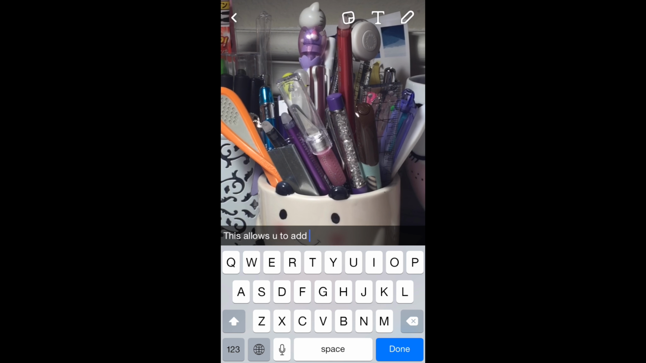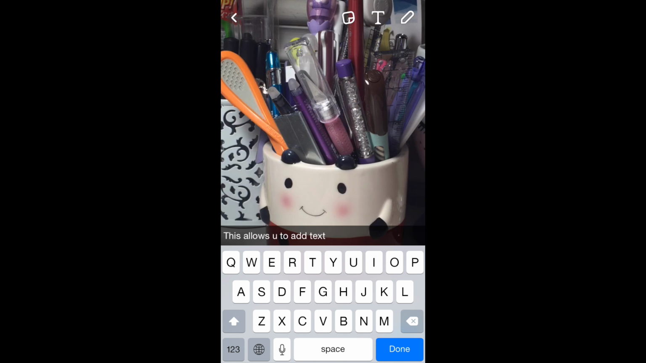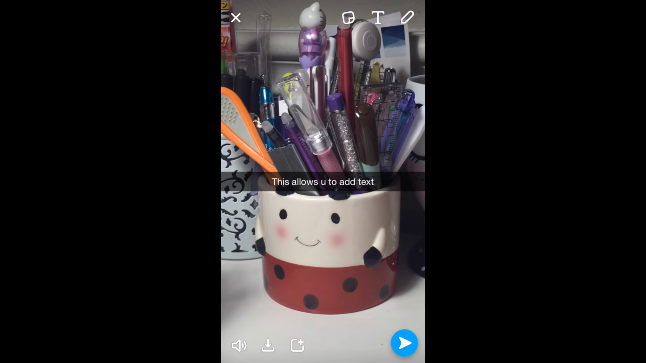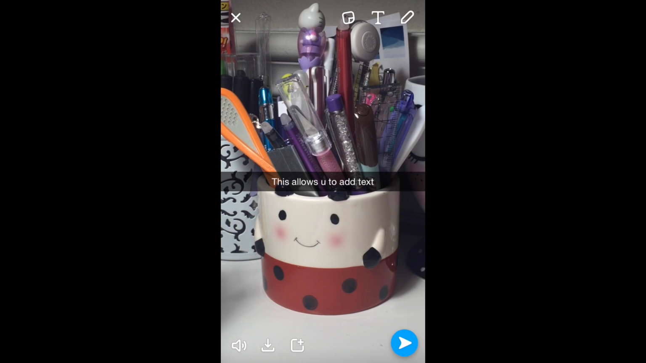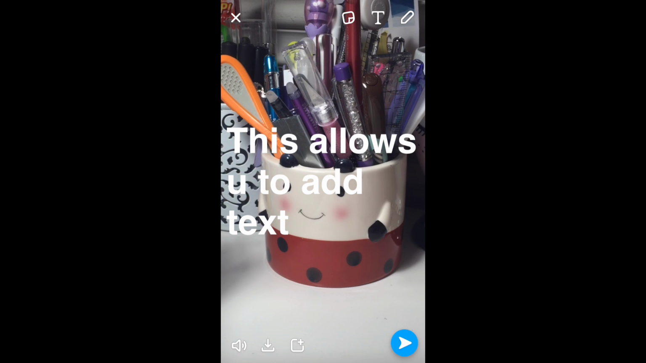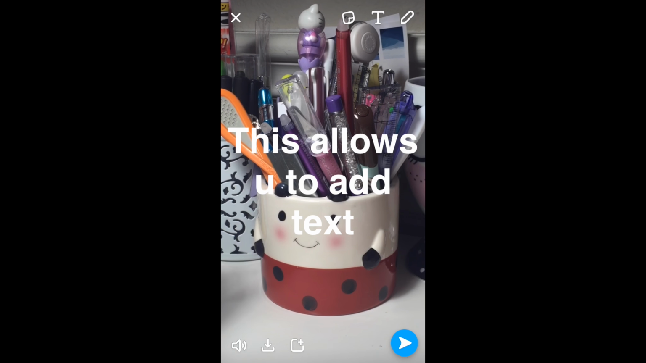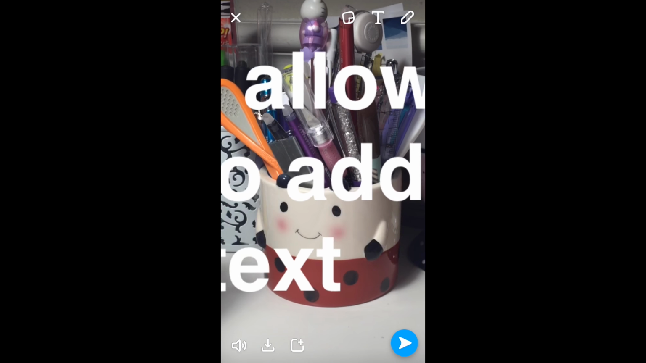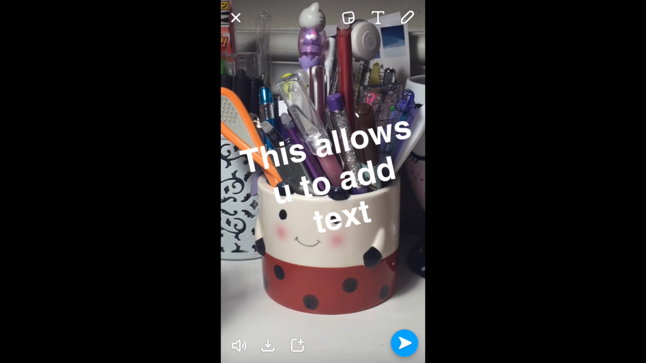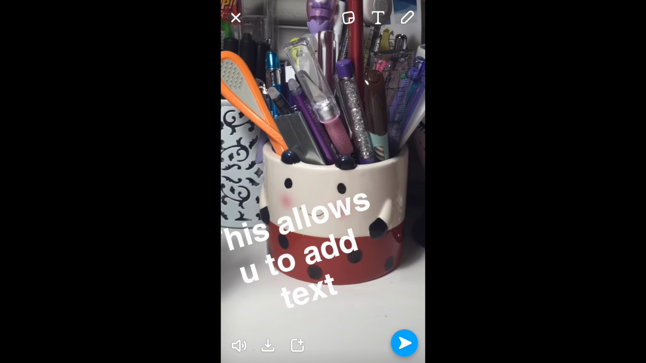There is a limitation to the amount of text that you can add to this box, but I'm going to show you a trick to get around that. Now if you click the T again, that'll change the size of the font and also the color to white. By default, it automatically aligns it to the left, but if you click the T again, it will center it. Then you can use your finger and just move your text around wherever it is that you would like it